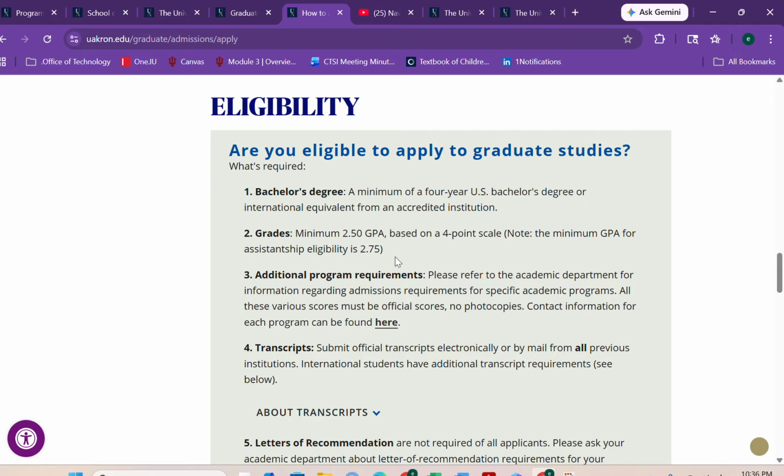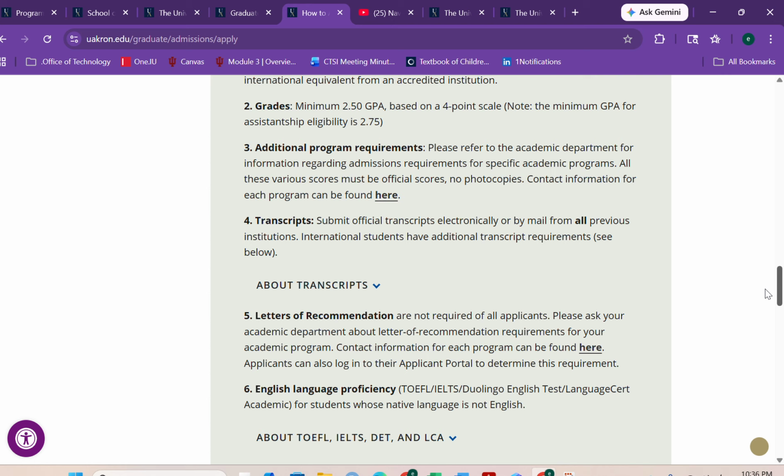This school is so generous that even if you have a GPA of 2.75, you can still get an assistantship. I know most people have even higher GPAs. Most US universities have a standard cutoff point of 3.0, but this university says if you have even 2.75, you can be considered for funding opportunities.